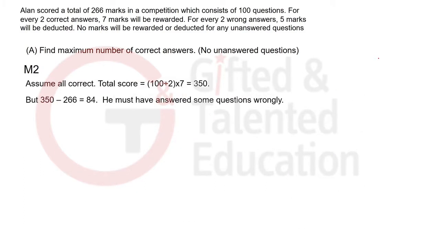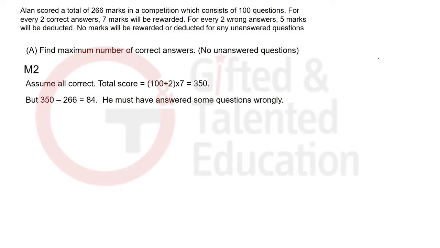Now, let's use the assumption method to solve part A. Again, we assume that there isn't any unanswered questions because we want to attain the maximum number of correct answers. So we can start by assuming all questions are answered correctly, which means the total score would have been 350. However, his total score is equal to 266, so there is a deficit of 84 marks, which means he must